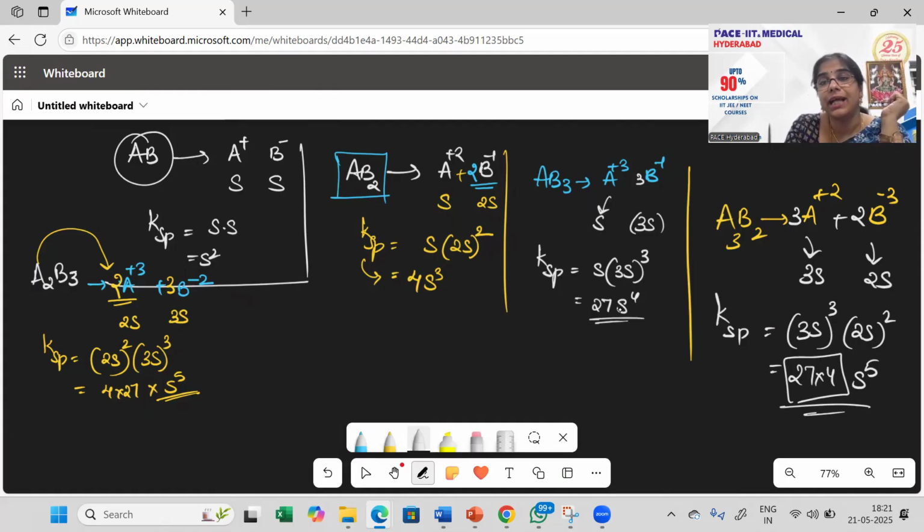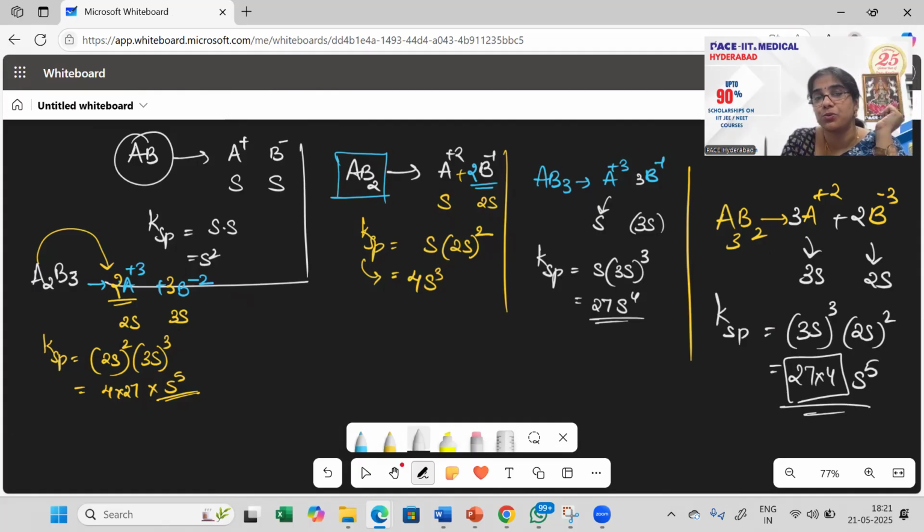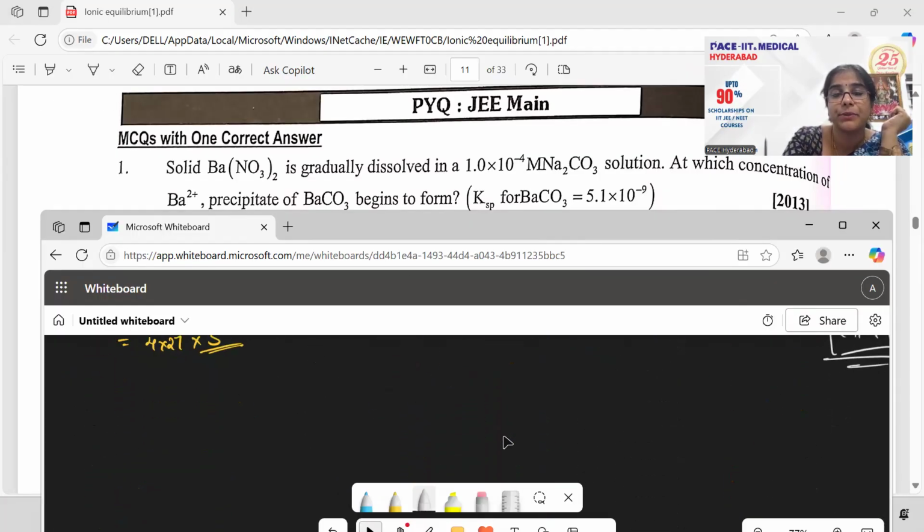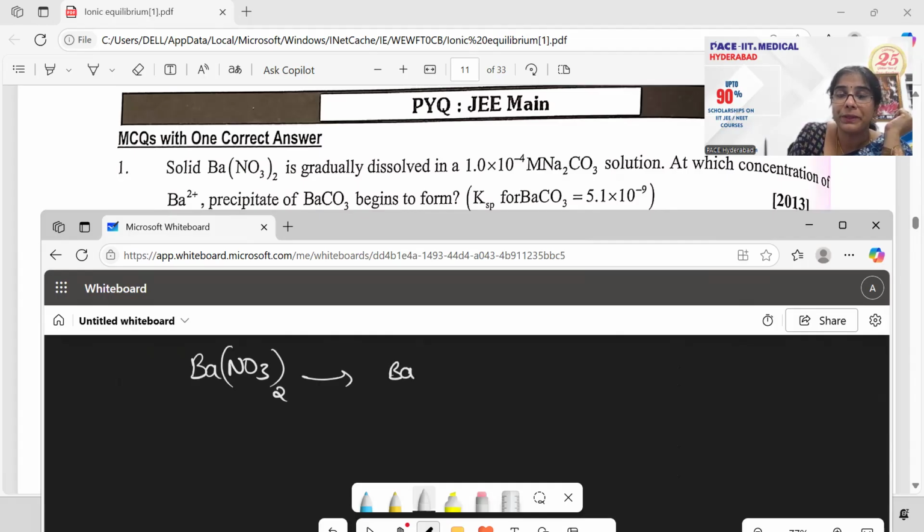And now let us answer the question asked to us in this format. That's the same format I can see there. So this is about your salt hydrolysis question. So now Ba(NO3)2 is split up into barium plus 2 ion and nitrate ion, nitrate to the power minus 1. And you have two such nitrate ions.